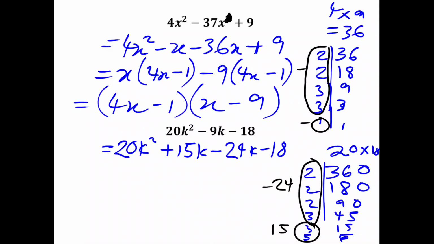Then we can now factorize in groups of 2. So the first group, which is 20k squared plus 15k, has a common factor of 5. So we take 5k out, we're left with 4k plus 3. Now, when we focus on the other group, the highest common factor between 24 and 18 is 6. When we take this 6 out, so it's a minus 6, then it becomes 4k